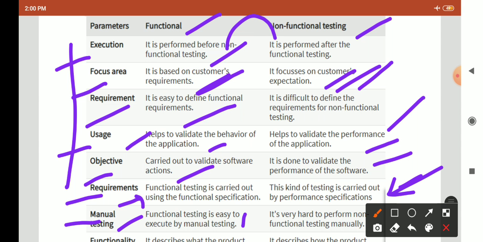To perform non-functional testing, you have to use hardware. Take the example of login again. For a login system, it is very easy to execute the functional requirement. But suppose you want to execute 10,000 logins at a time, it is very hard to perform that non-functional test.